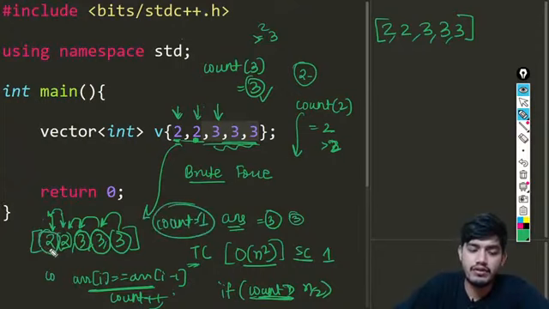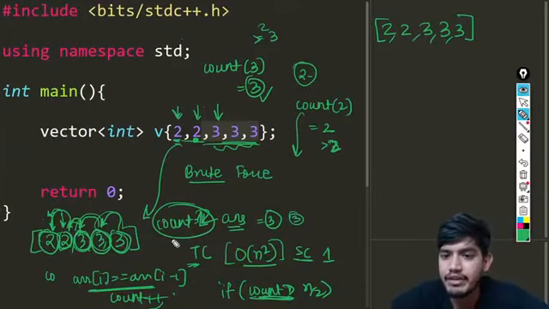So if it matches, the count becomes 2. Now again the count will be 1 for the new starting element. If it is not matching, start your count again from 1 and see if it matches. It is not matching, so the count will remain 1. Again here, start your count from 1 and check for all these values. Once you check, take the maximum value, which can be given as the solution.